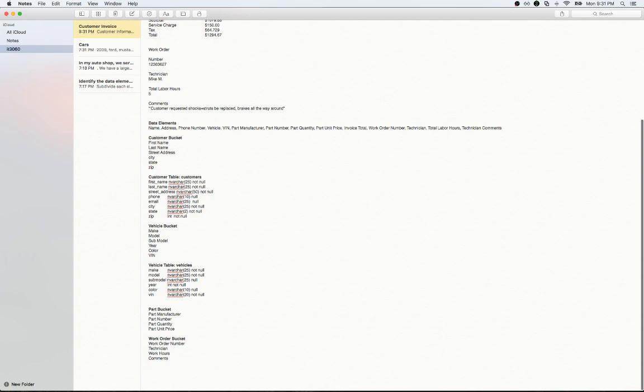So now we'll do a work orders table, work orders, and that's going to have number,